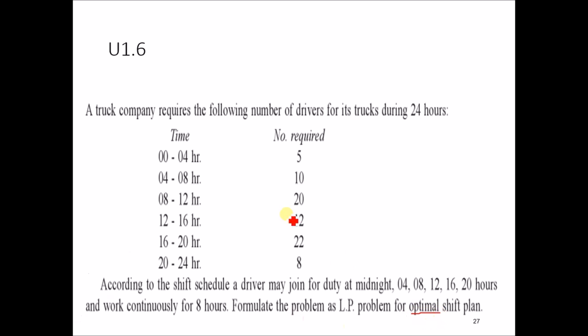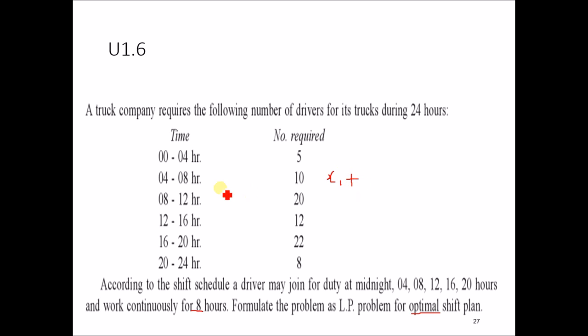a minimization problem. And to solve this kind of problem, we have to see the number of hours the workers or the drivers work continuously. Here the continuous hours they have to work is 8. So we should not take this as x1. We have to use these 8 hours. So 0 to 4 it will be like 4 hours and 4 to 8 it will be like 8 hours. So we have to create an equation like this: x1 for the first 8 hours